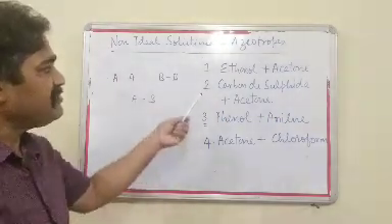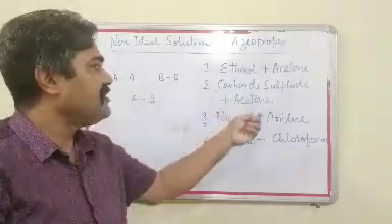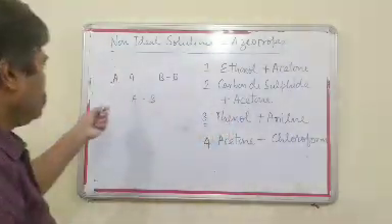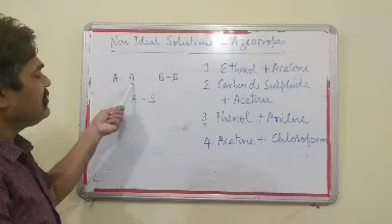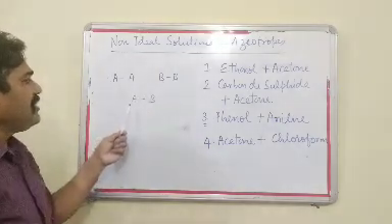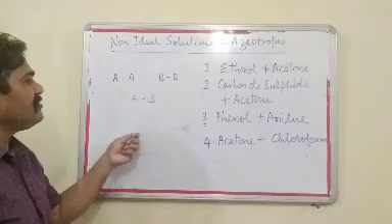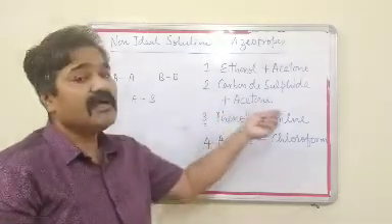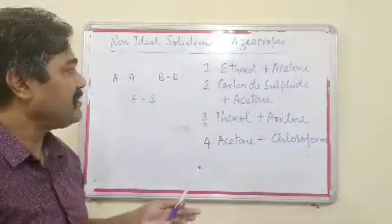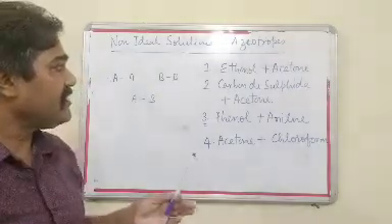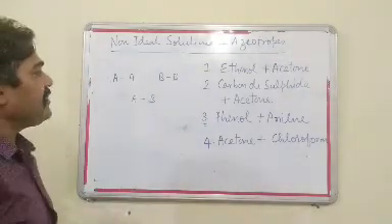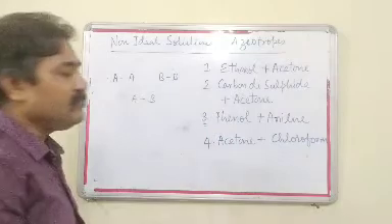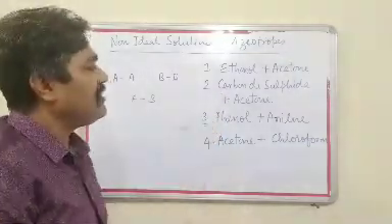Okay. In the next one, we take the mixture of carbon disulfide and acetone. Suppose this is carbon disulfide and this is acetone. Okay, and this is the interaction between the molecules of carbon disulfide and acetone. We know that between the molecules of carbon disulfide and acetone there is no interaction, no type of hydrogen bonding, etc. That's why the escaping tendency increases. So the mixture of carbon disulfide and acetone behaves like a positive deviation non-ideal solution.